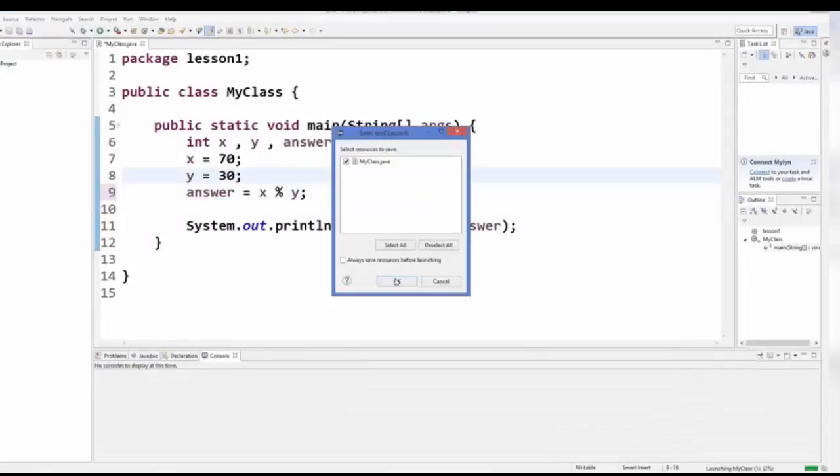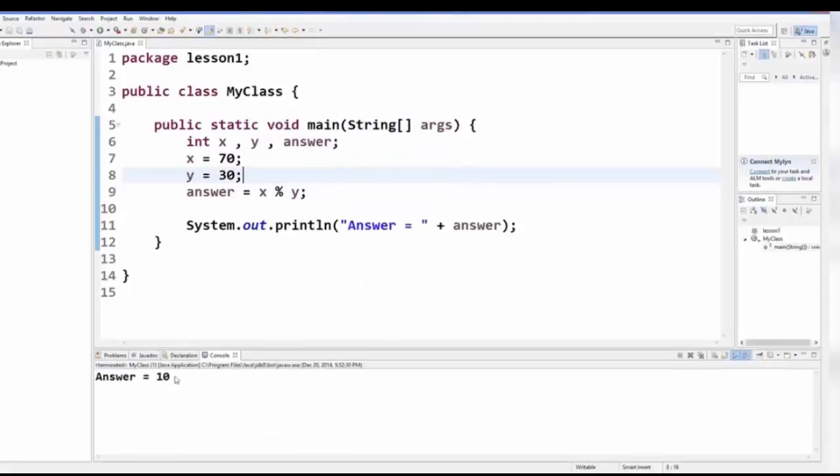So once I run this program, the remainder is 10, right? So when you divide 70 by 30, you will get the answer, for example 2.33, but when you divide them, the whole answer will be 2, quotient will be 2, and the remainder will be 10, right? So modulus operator returns you the remainder of the division.